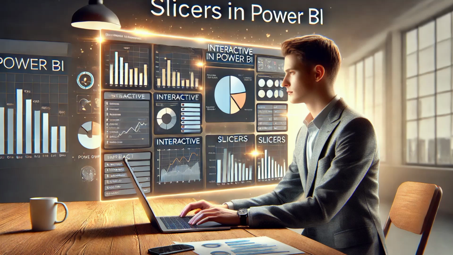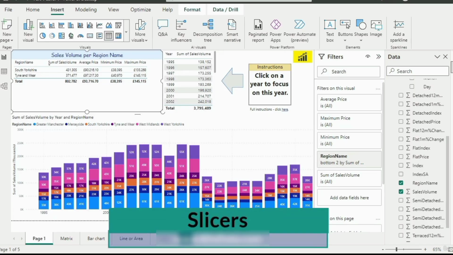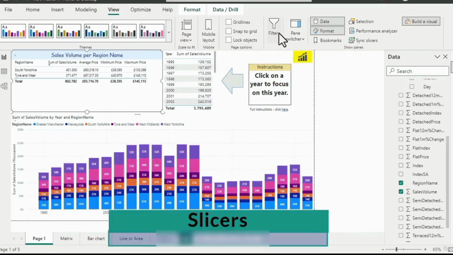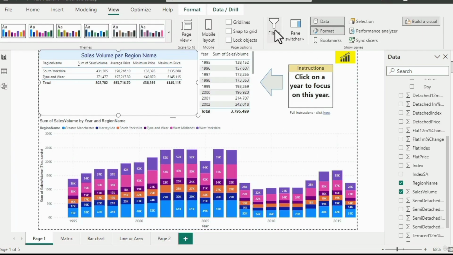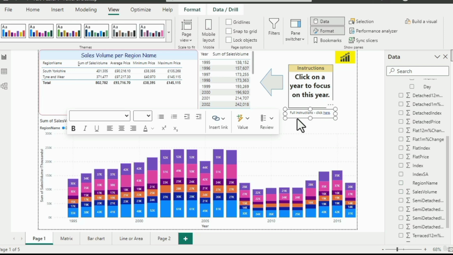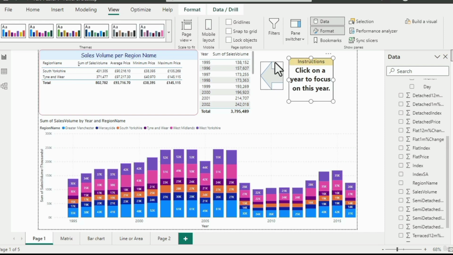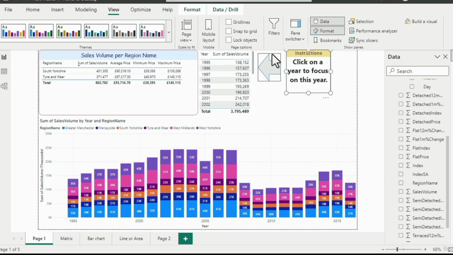There is one other type of filter, and it's not strictly speaking a filter. It's a visualization. And this visualization is called a slicer. What it does is it slices data, which affects all visualizations on a particular page or in a particular report. So what I'm going to do is delete a few of these items,